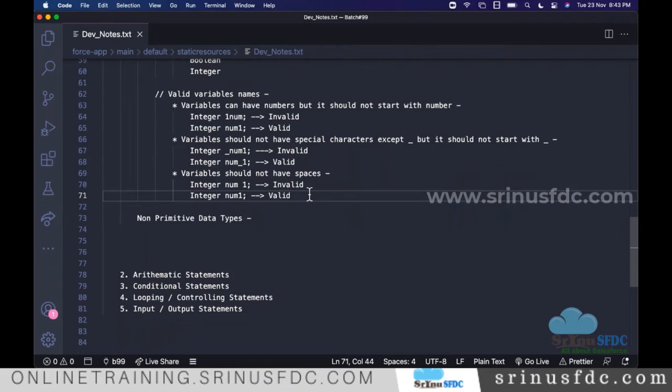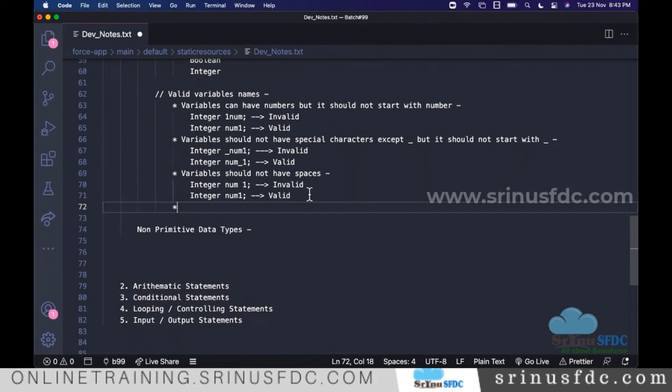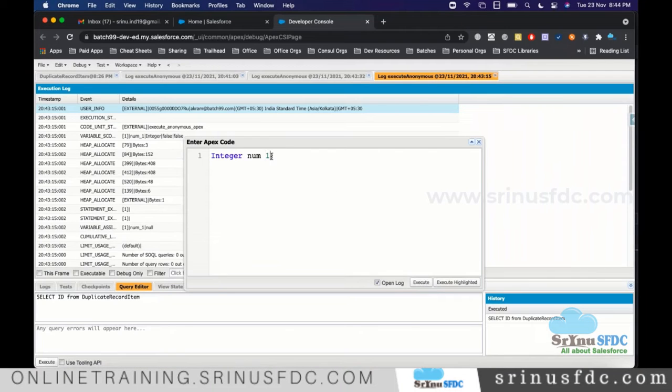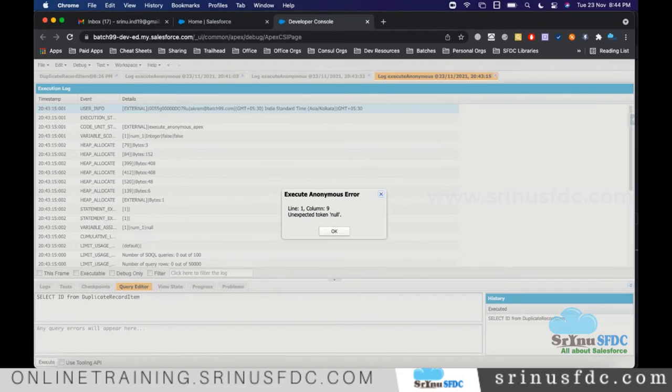Also, the variable name should not be a keyword. If I say Integer null, null is a keyword. Null means nothing is there. We should not use keywords as a variable. This is invalid. Just verify: I'm giving null, execute.